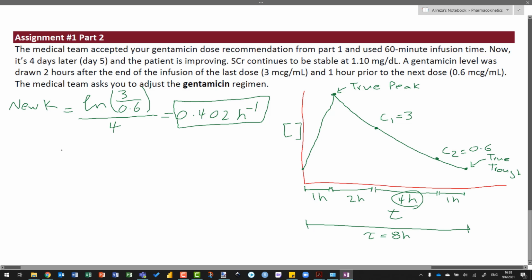The other thing we can do for individualized pharmacokinetics is calculate the volume of distribution. Before we do that, we need to figure out the true peak and the true trough to be more accurate for the volume of distribution. Let's do the peak first. So the true peak equals,